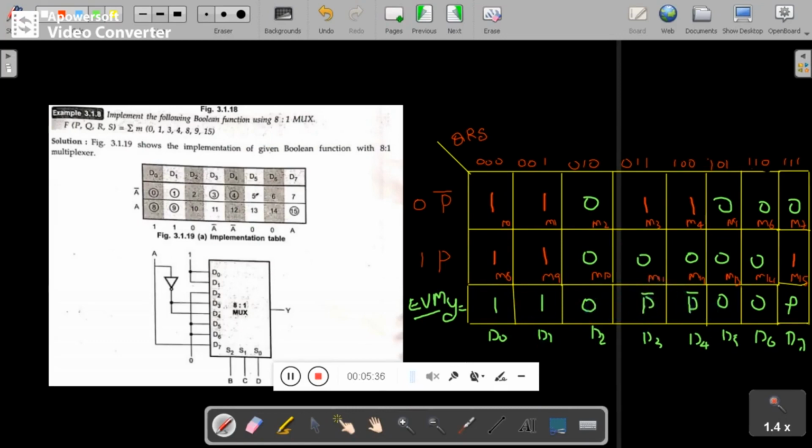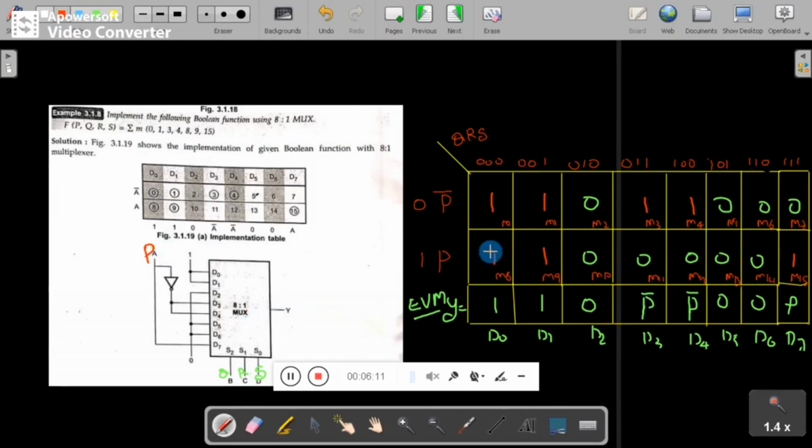This is P, this is also P. Now I will take an 8:1 multiplexer with D0 to D7, and control lines S0, S1, S2, which in my case are Q, R and S. And one more input is P. Here it is given as A, but it is better to use the same variable P.